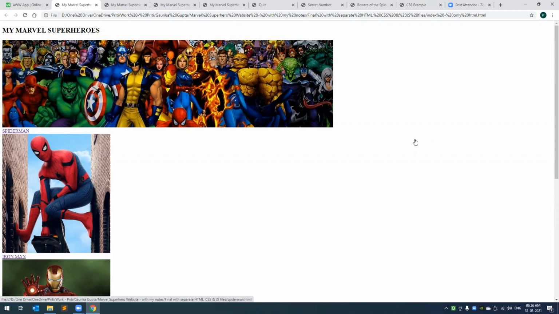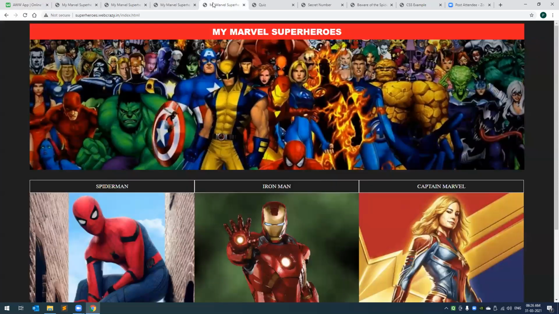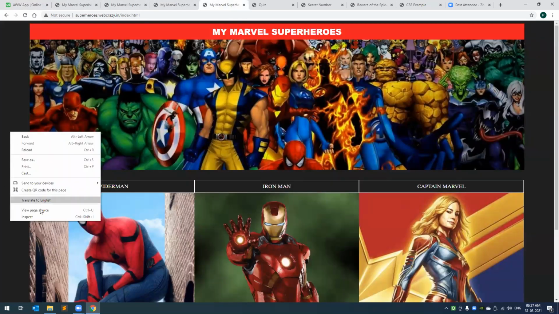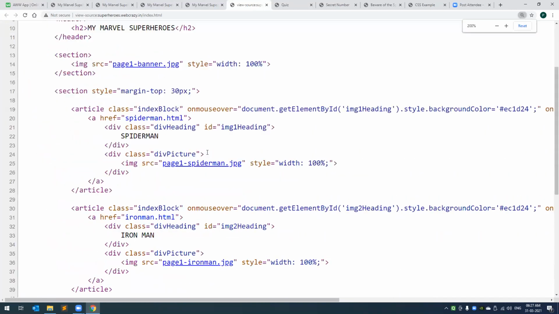So these are all different kinds of browsers. Browsers are basically software on which we can go and surf the net and see our websites, all right? For any of the browsers, the only language that my browser understands is HTML. My browser understands no other language but HTML. So if we come to any file over here, let's come to this My Marvel Superhero, right? If I right click and view page source, you will see this is my HTML code.